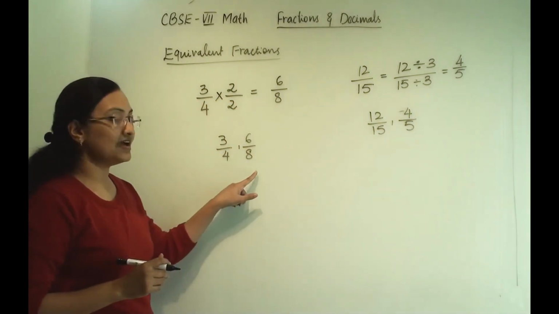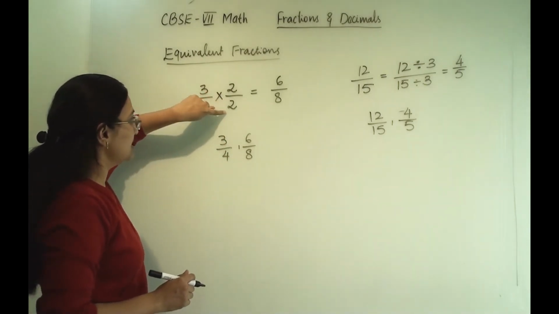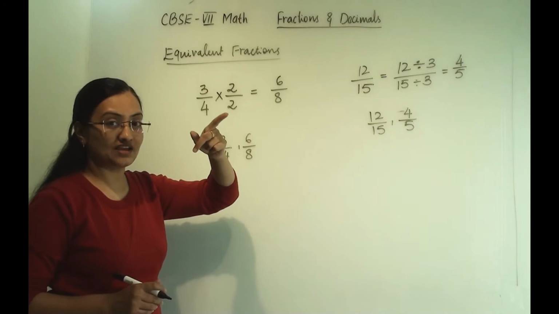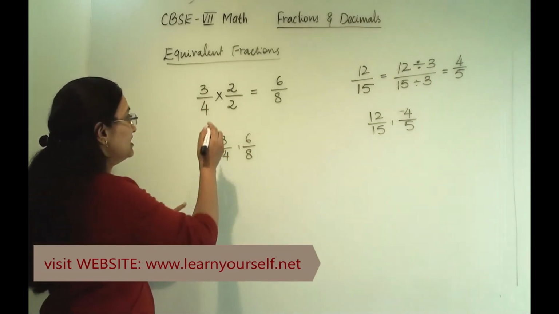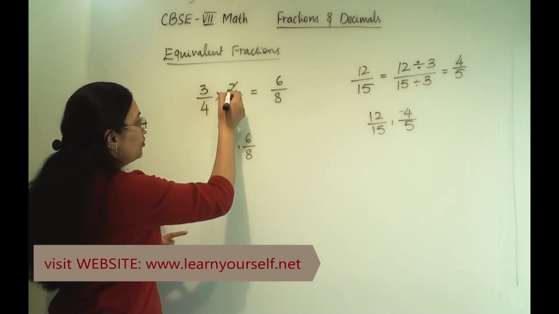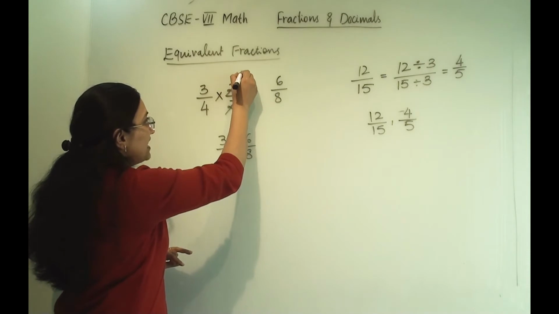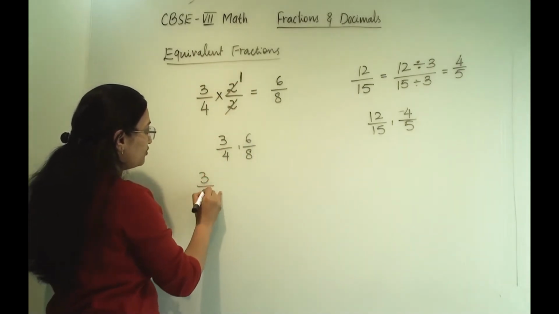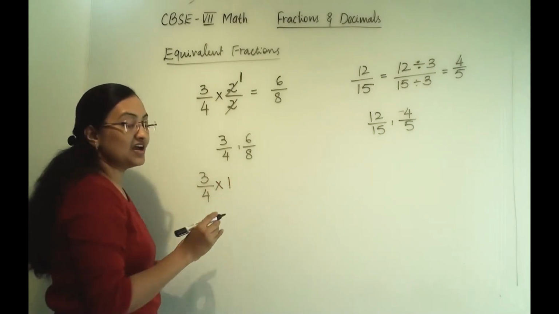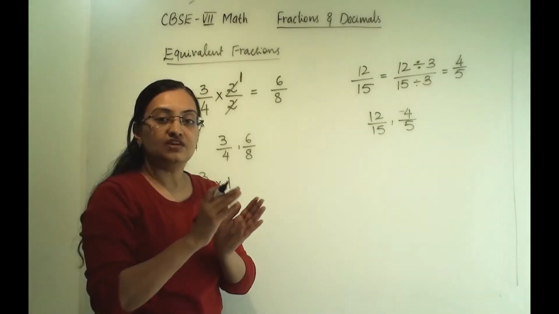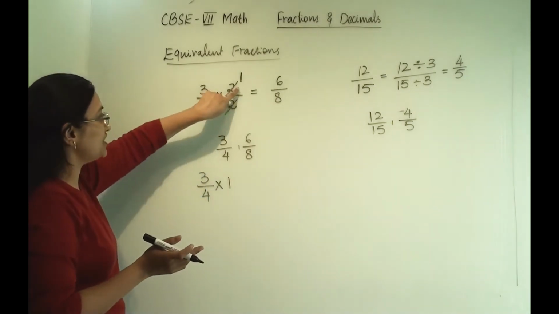Now why are they equivalent fractions? Because when we are multiplying like this, the same number we are multiplying at the top and the same number we are multiplying in the denominator, then these both numbers we can cut and here it will come 1. That means 3 by 4 is in turn being multiplied with 1. So we are not changing the fraction. We are changing only the form of the fraction. So here we are not changing anything.